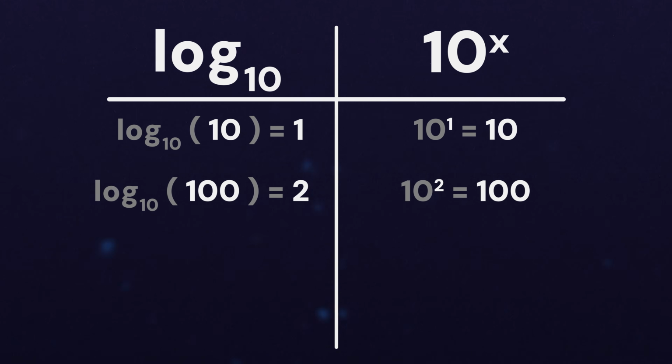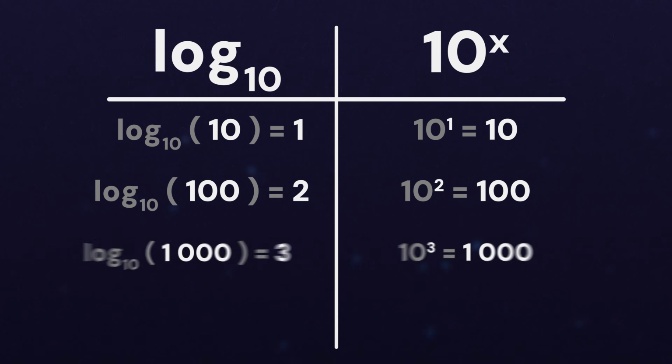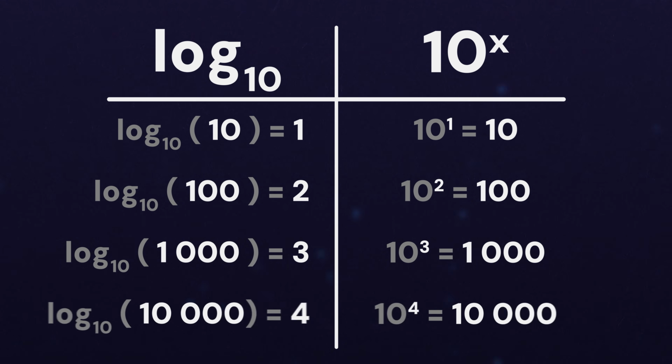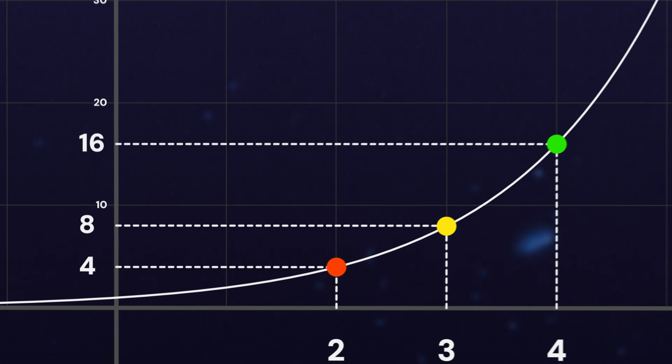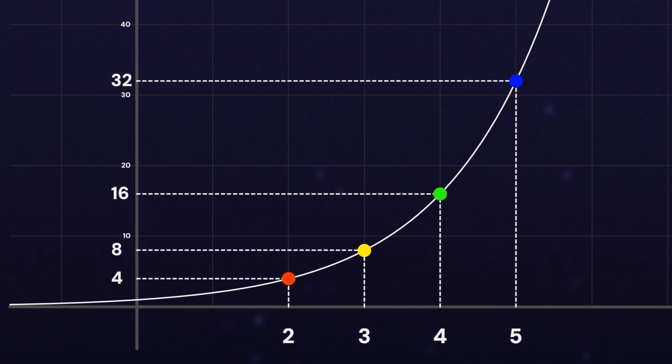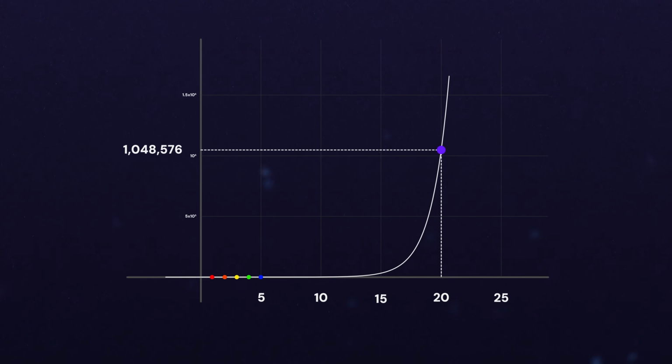Log base 10 of 100 is 2. Log base 10 of 1000 is 3. And log base 10 of 10,000 is 4. So it's important to understand that exponents grow very quickly. 2 to the 2 is 4. 2 to the 3 is 8. 2 to the 4 is 16, 2 to the 5 is 32, 2 to the 20th is